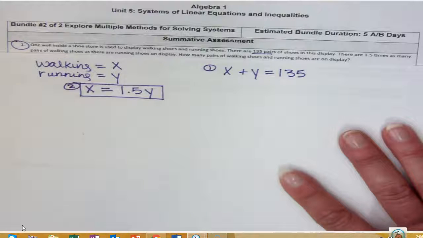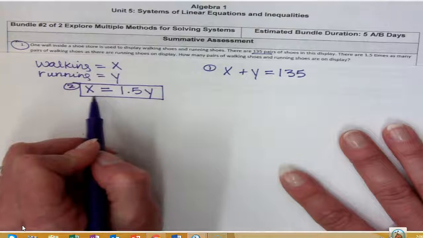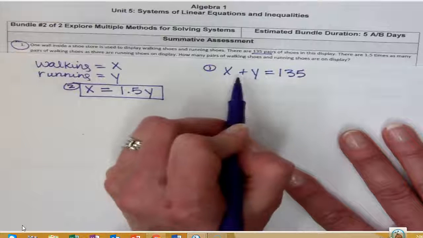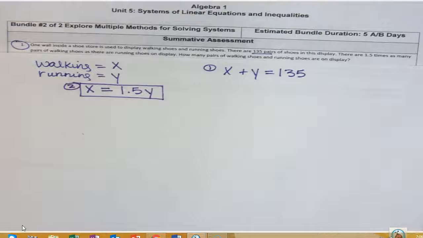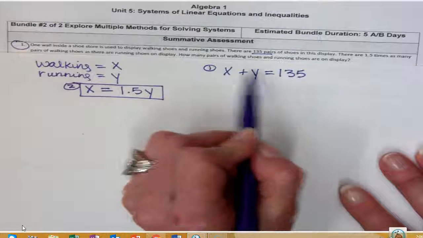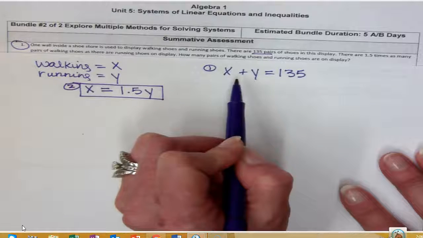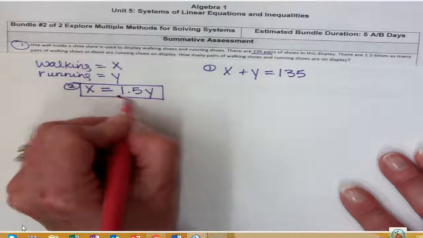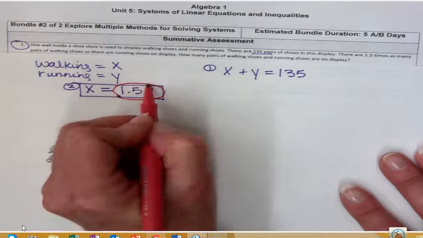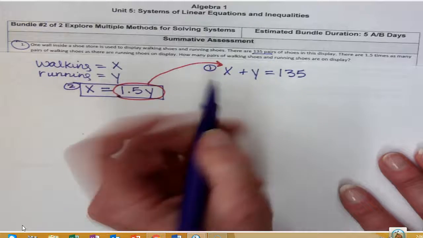Now, let me just say this. We have been doing this all semester long, where we have been taking whatever X is and plugging it into this equation. The only difference is that now X has a Y in it. But we've also been trying to say if we can get the same variables on the side, then we're going to be good. We can plug this whole value of X in here, and what would that do? That would give us